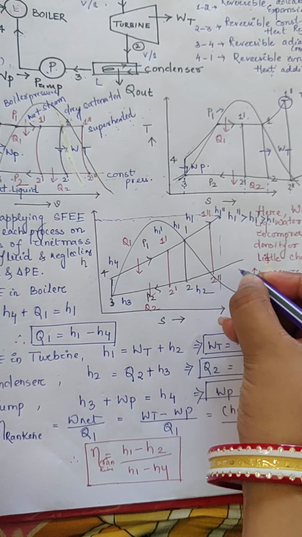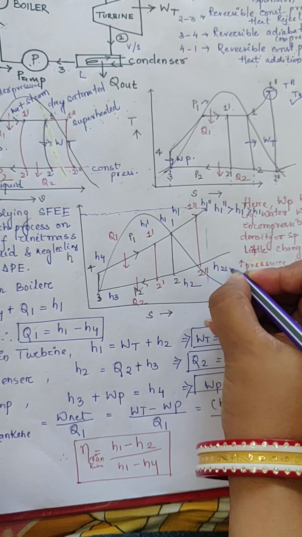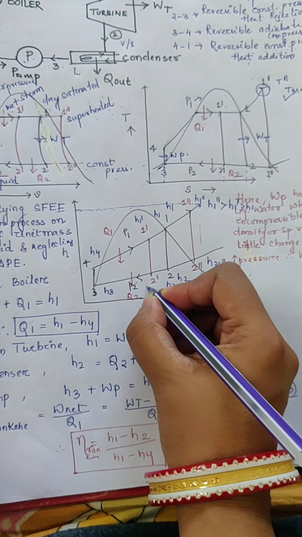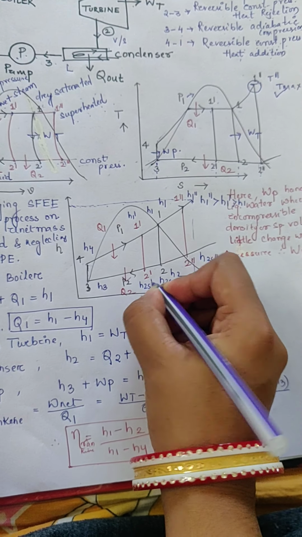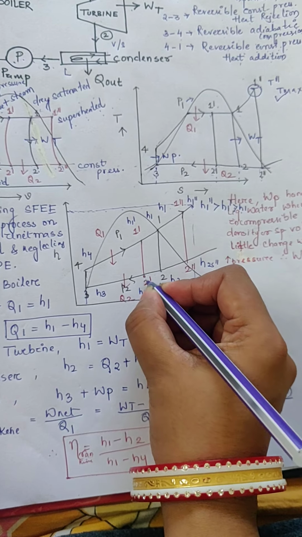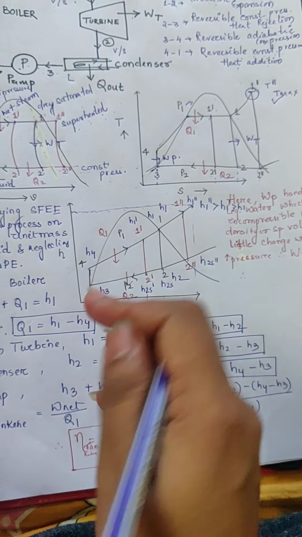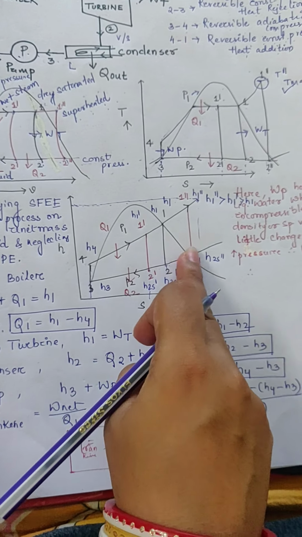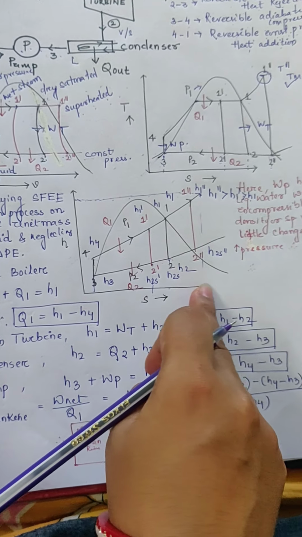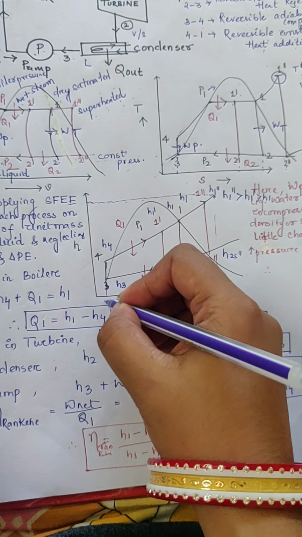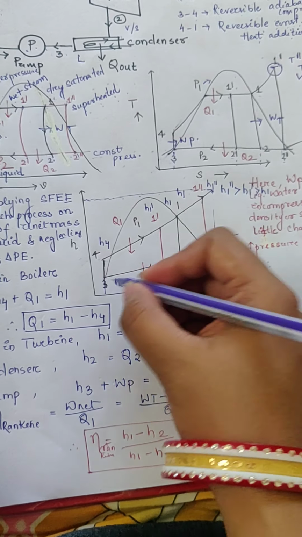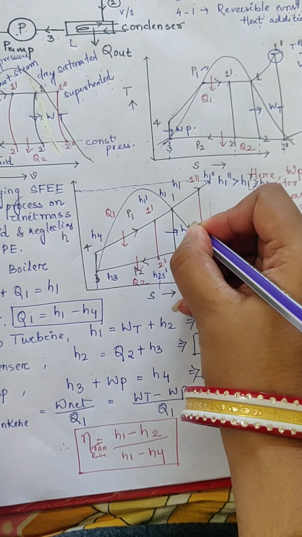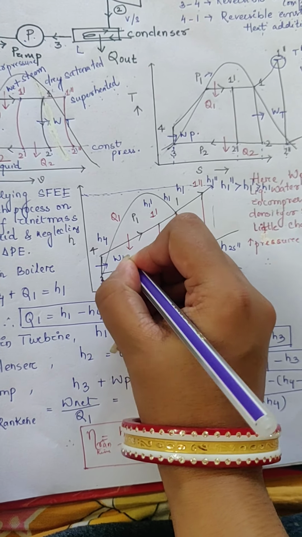Similarly, 2 double dash will be the highest, H2S, H2 double dash, H2S and H2S single dash. Here the covering area is up to this much, and you can see that having the larger maximum area means having the highest enthalpy, or highest latent heat, is considered over here. Same here, it will be WT, and here it will be WP.